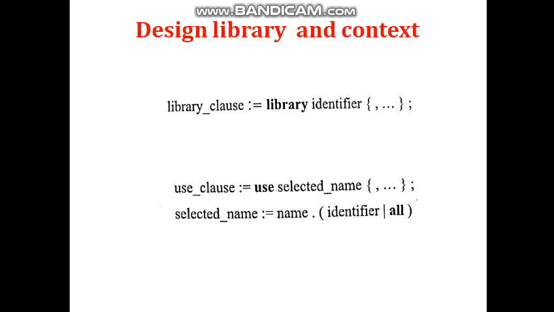If you include a use clause with the library name as the prefix of the selected name, preceding the dot, and the library unit name from the library as a suffix, that is after the dot, the library unit is made directly visible. This means that subsequent references in the model to that library unit need not prefix the library unit name with the library name. In that way we will use the design library and the context while designing in VHDL.